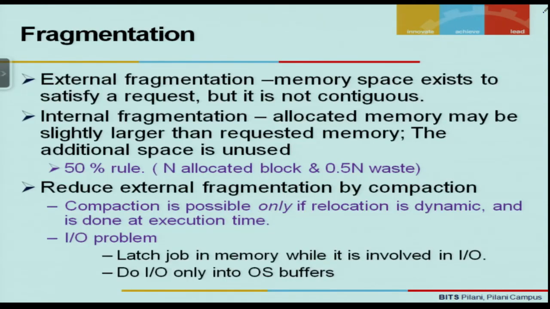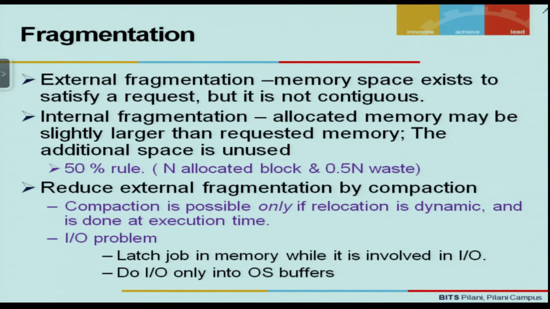What we have seen till now is that either of the schemes, whether we carry out static partitioning with a fixed size block, or dynamic partitioning with variable size blocks, all of these lead to some kind of fragmentation. And we have seen that fragmentation can be of two types. One is the external fragmentation. This is the case when we have variable size partitioning. This kind of fragmentation occurs, and then we have another kind of fragmentation which we call the internal fragmentation.